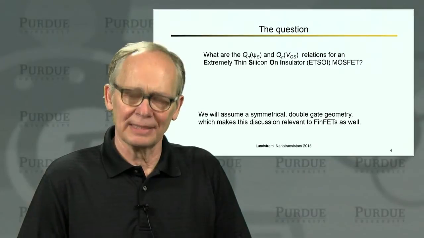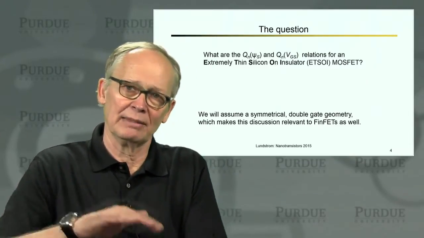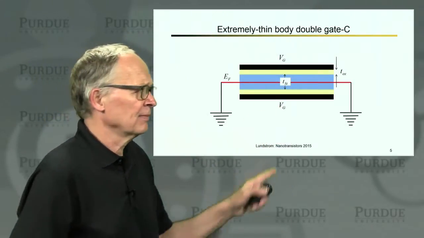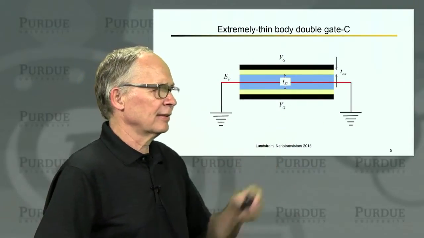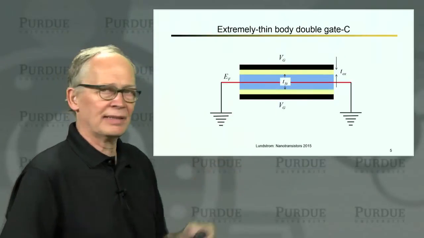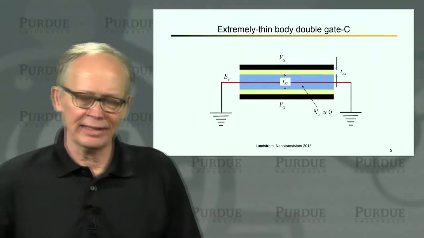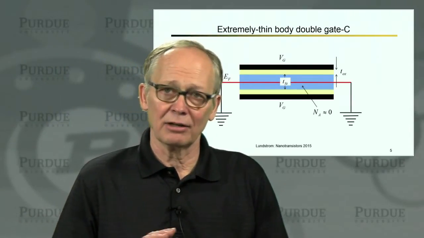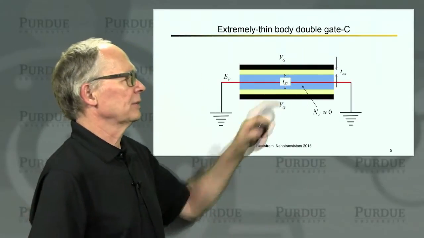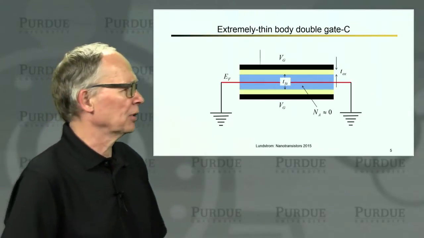Structures like FinFETs, which is basically a vertical structure where a gate is wrapped around both sides. We'll have a horizontal structure, and our horizontal structure will look like this. So we'll have a thin silicon layer, we'll have a gate oxide on the top and the bottom, and we'll have metallic gate electrodes on the top and the bottom. We will assume that the thin silicon layer is fully depleted. There are no dopants in the silicon layer, and we're going to assume that it's very thin, so there's no potential drop across it.